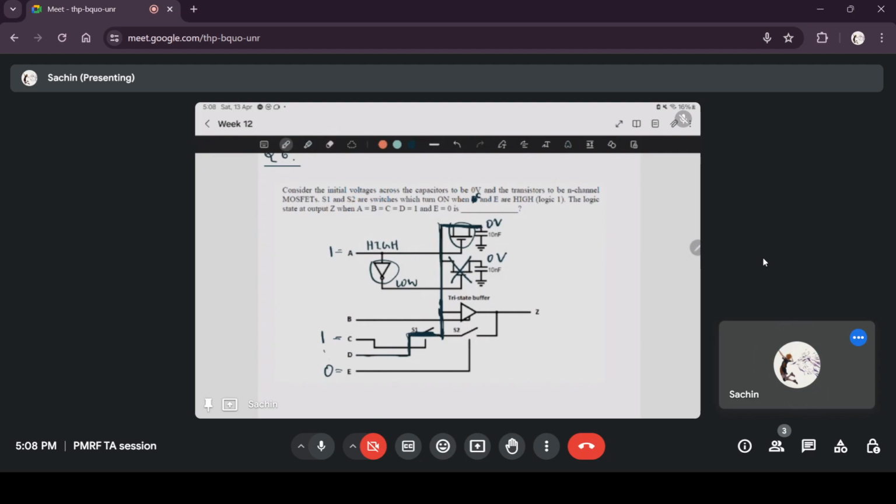So since D is equal to 1 in our case, what will happen is, it's a high voltage. This high voltage will come through this line and it will start charging this capacitor. So this capacitor will slowly charge to high voltage. And also,